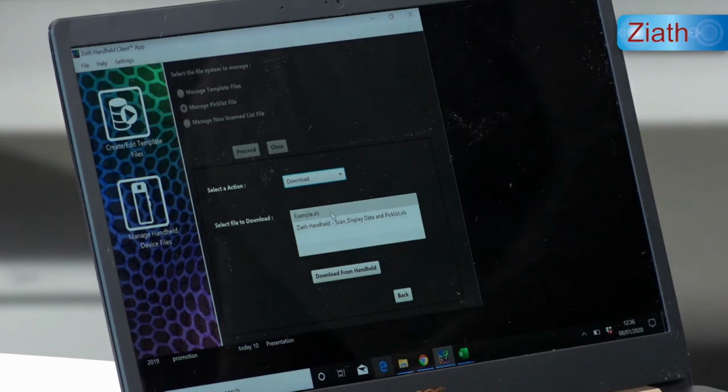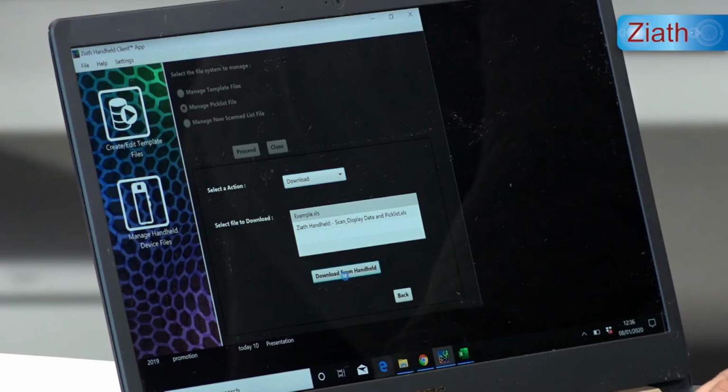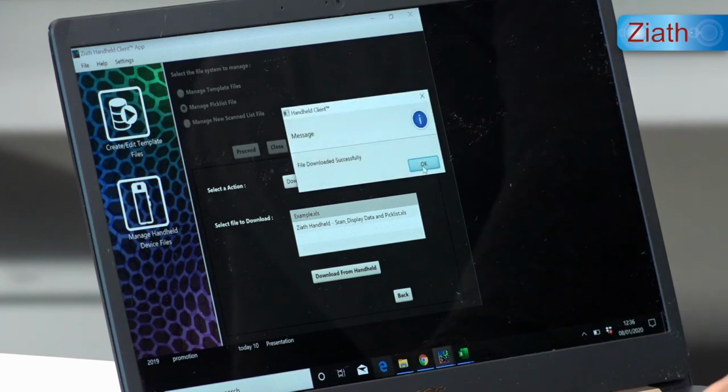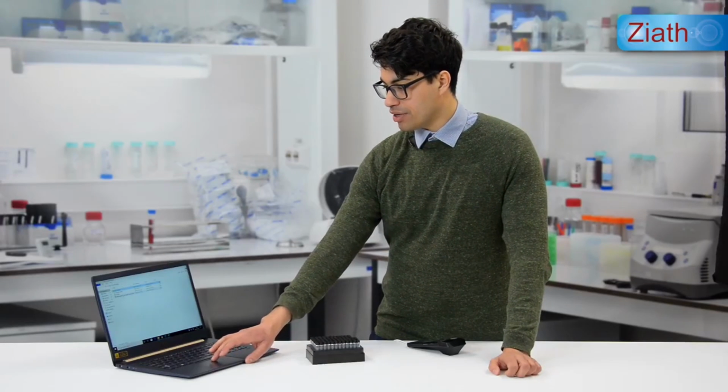You can see an Excel file has been created with the same file name as the template that we created before using the template feature of the handheld client. If we download this file from the handheld and click Save, we can then open the file with the name example,